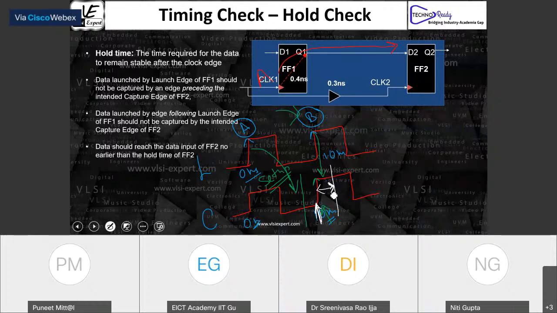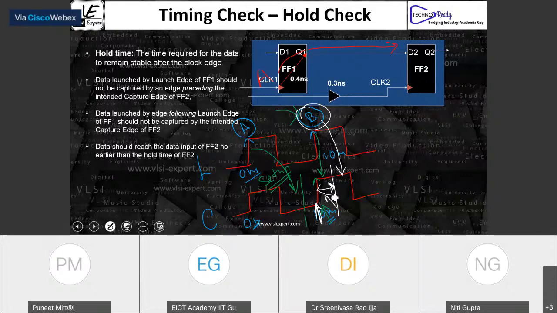So what the flip-flop is saying, or what the airlines people are saying, is that we will make sure this data B will reach only after this particular time. And if it reaches after this time, then there is no problem.